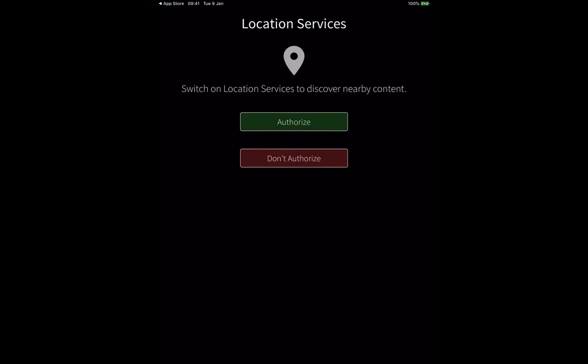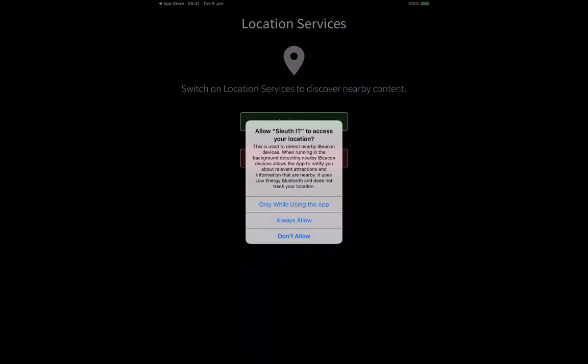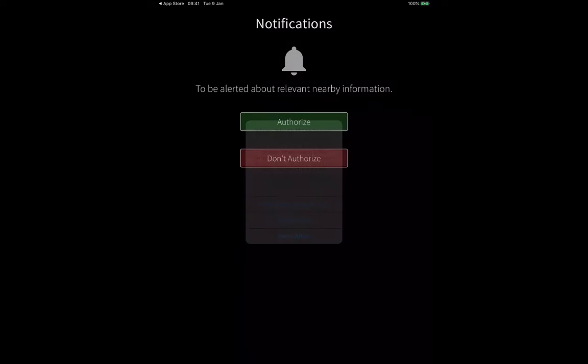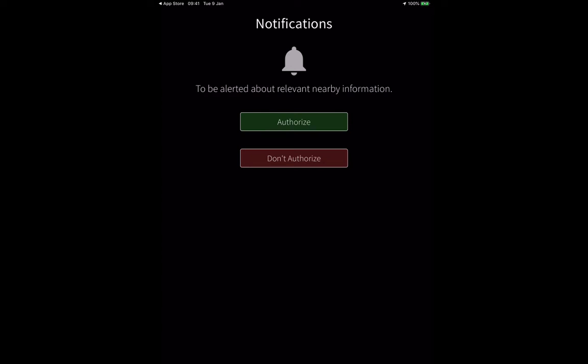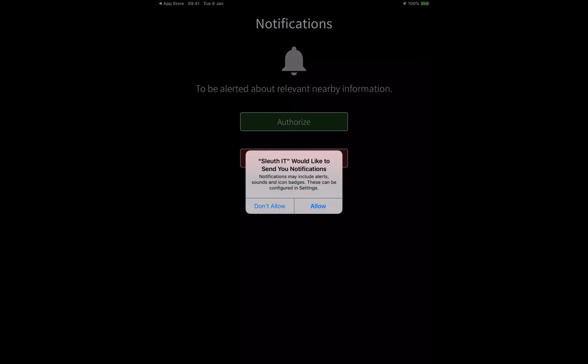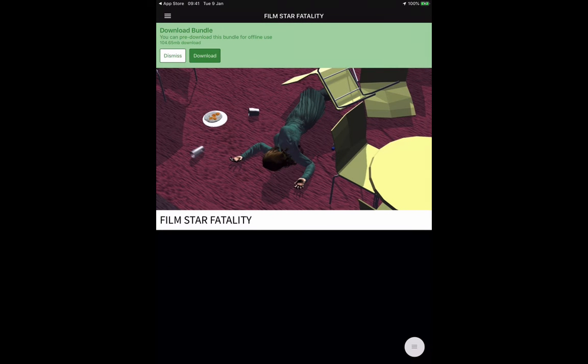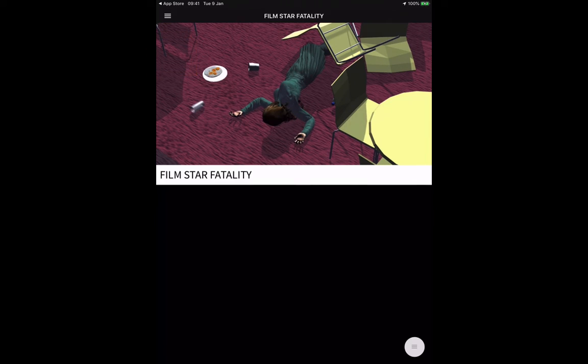You'll then need to authorize your location services because this is basically the way the app works. If you don't select authorize, it's not going to work. And I select always allow. We don't use notifications, so it doesn't really make any difference what you select here, but I'm selecting authorize. And at this point, I'm going to dismiss this download bundle alert, and I'm going to go to the menu